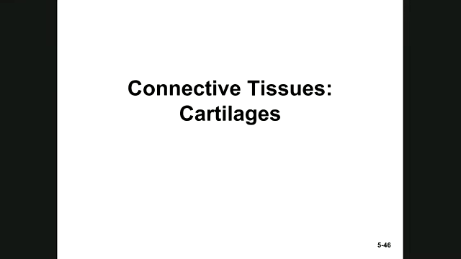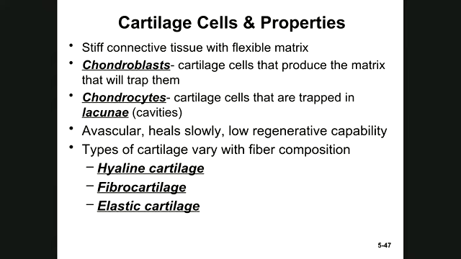In this video, I want to talk about the supporting connective tissue like cartilage and bone, and after that I want to talk about the fluid connective tissue, which are blood and lymph. First, about the cartilages. The cartilage has a firm semi-solid extracellular matrix which contains variable amount of collagen and elastic